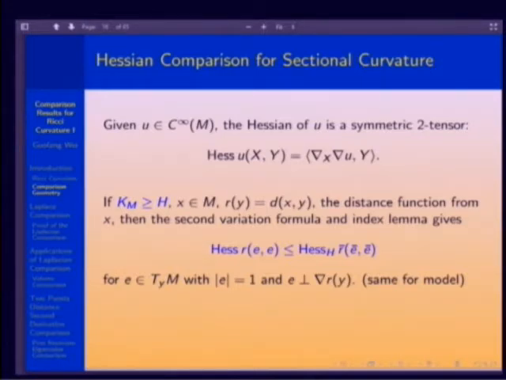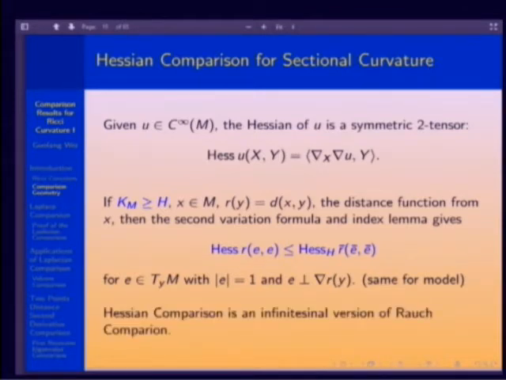Okay. So this is just an infinitesimal version of the comparison we all see in this case. The only thing is you need one more derivative. So this does not make sense in Alexandrov spaces, I guess. Okay. But from here, we can intuitively see that for Ricci curvature, since it's a kind of average of sectional curvature,